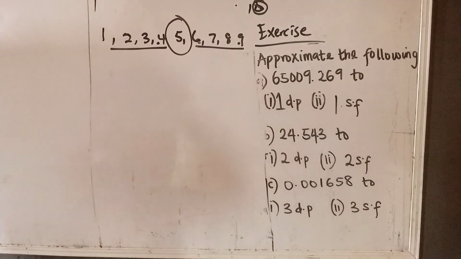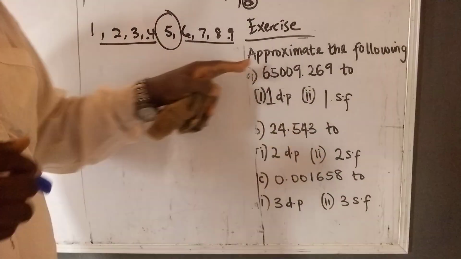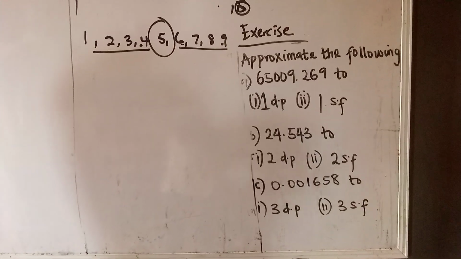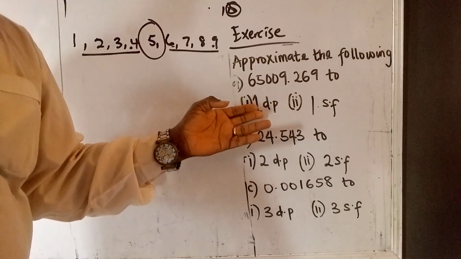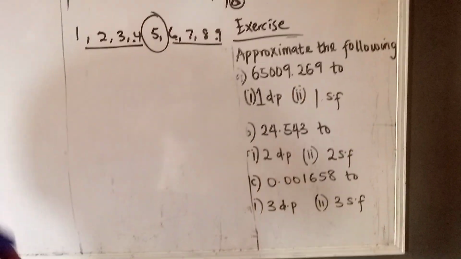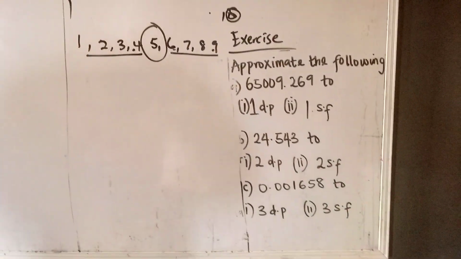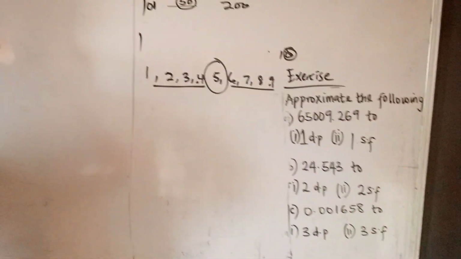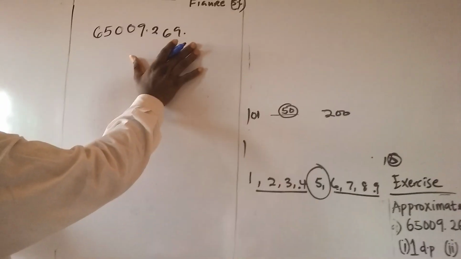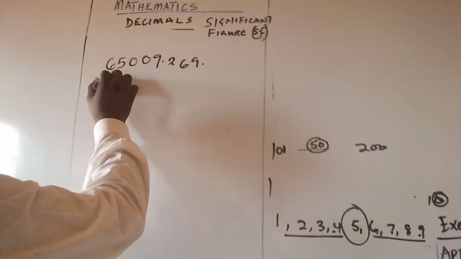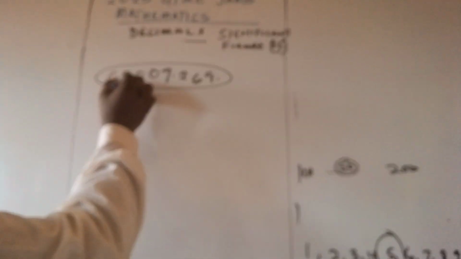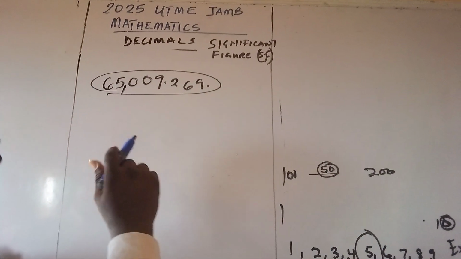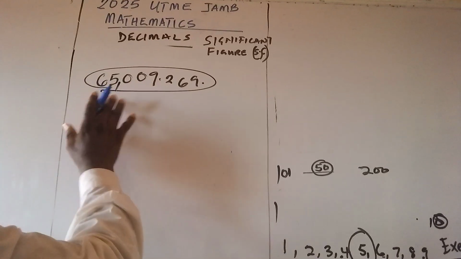All right, welcome back. Now, we're treating this exercise in terms of understanding one decimal point and significant figure. The question says approximate that to one significant figure. If we want to change this value to a significant figure, we have to consider the whole. We have to consider the whole. What we have here is